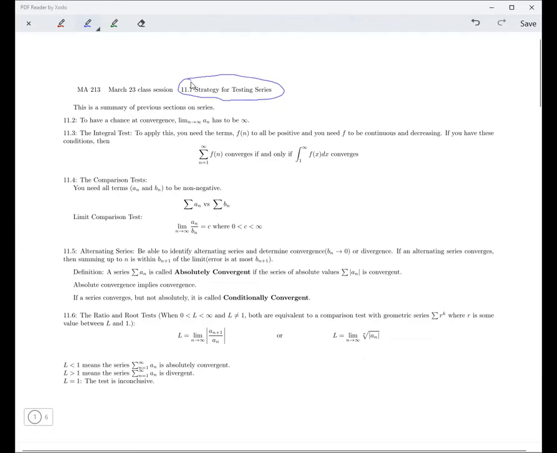Training series. So this is basically the overall thing. First of all, in 11.2, we learned that in order to even have a chance of convergence,